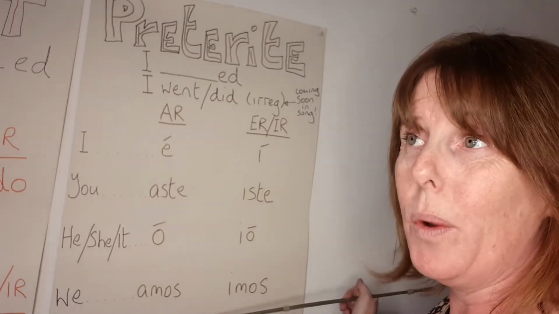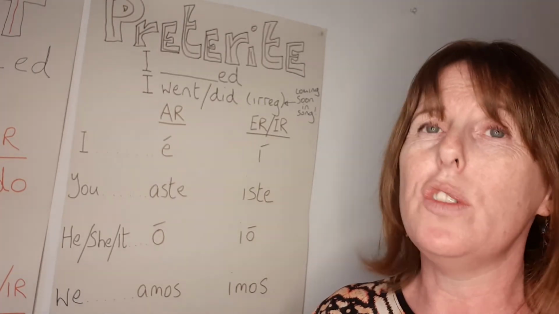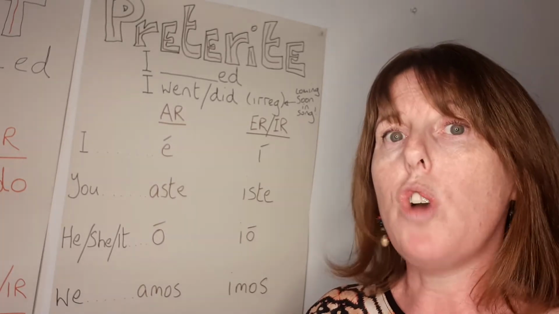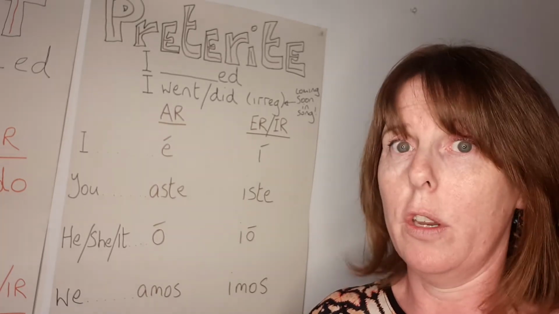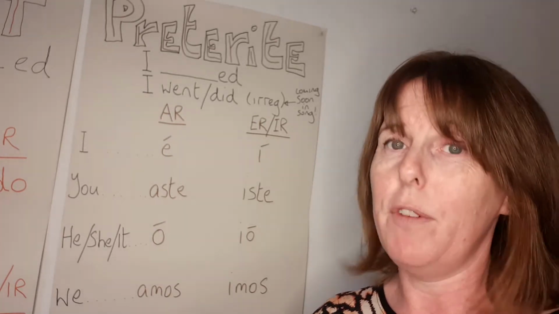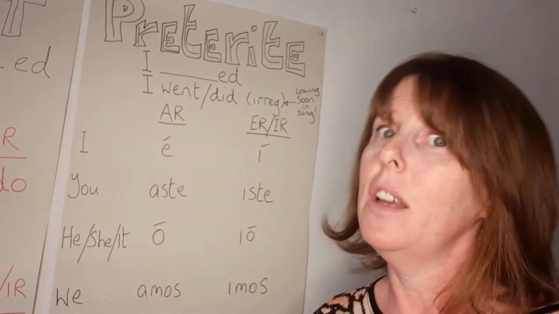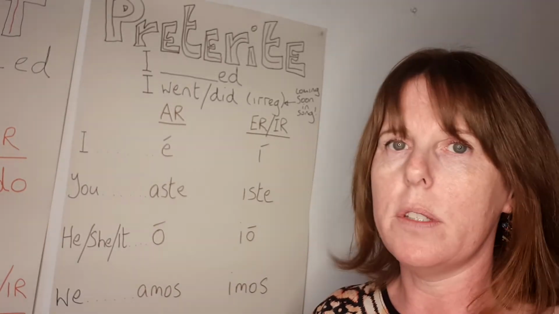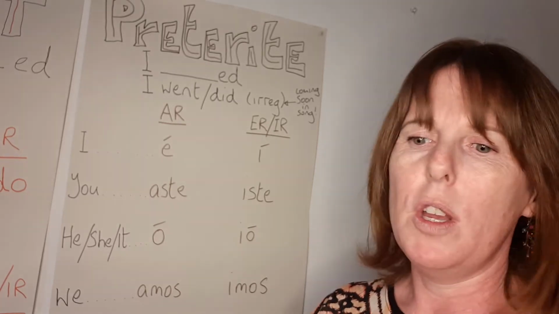That's for the regular ones. The irregular ones, they're just set ones you've got to learn. It's about 10 to 15 most common ones that you're going to have to just learn inside out. But even those follow patterns within the irregulars. So again, it's just practice, practice, practice. Get the songs in, practice forming them, testing yourself.